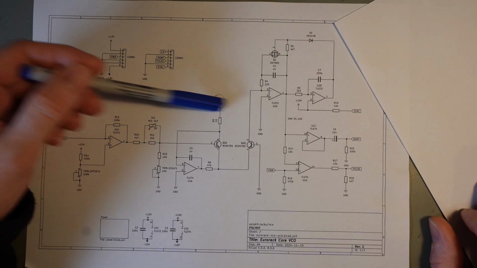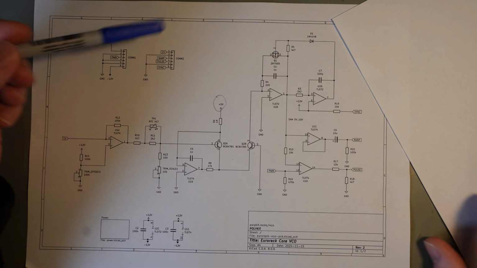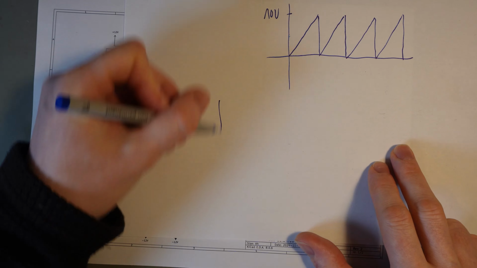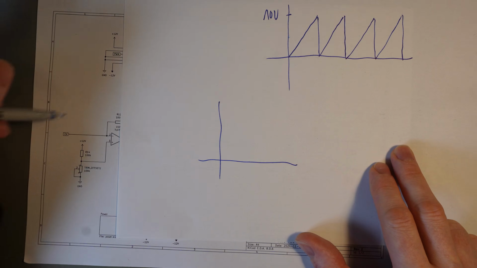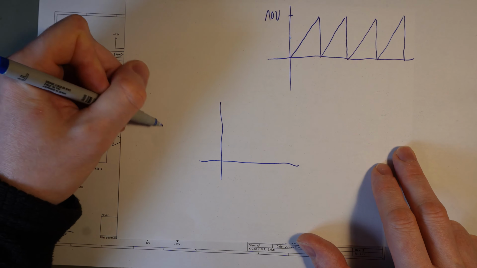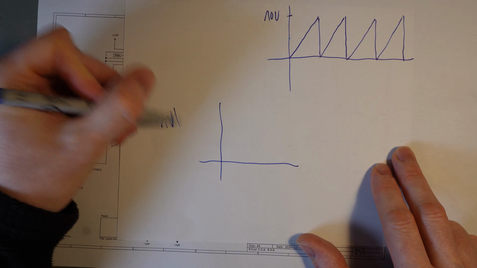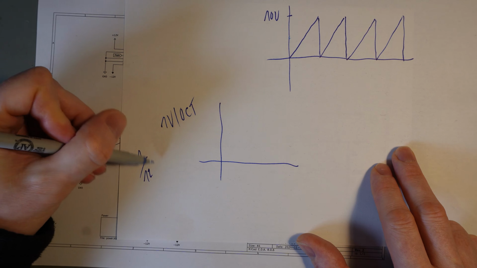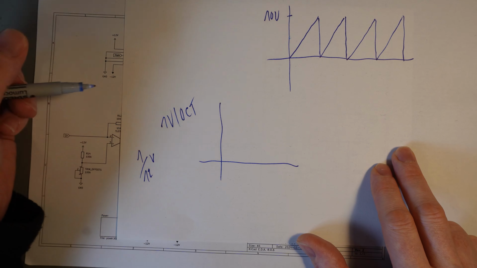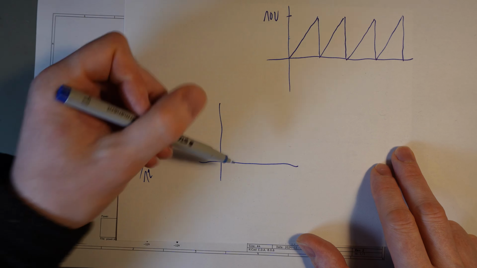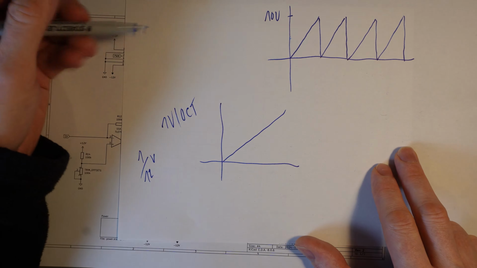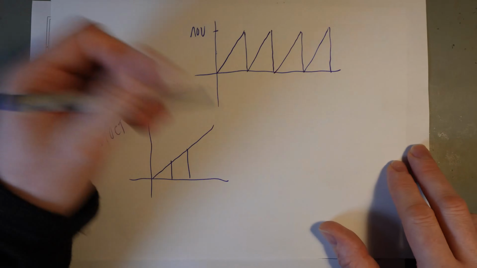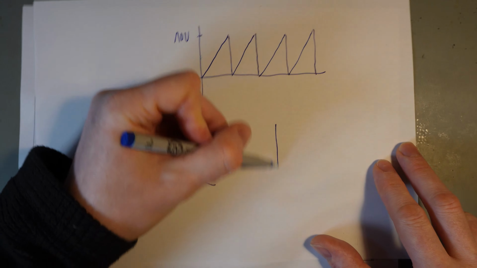What makes it so difficult is that this here needs to be very precise. What this is doing in the end is you have a control voltage which goes in here. This is usually 1 volt per octave. So that means you have 1/12 of a volt per semitone, and this is a linear input. So this looks something like this. So you have 1 octave, the next octave, and so on. And this needs to be translated